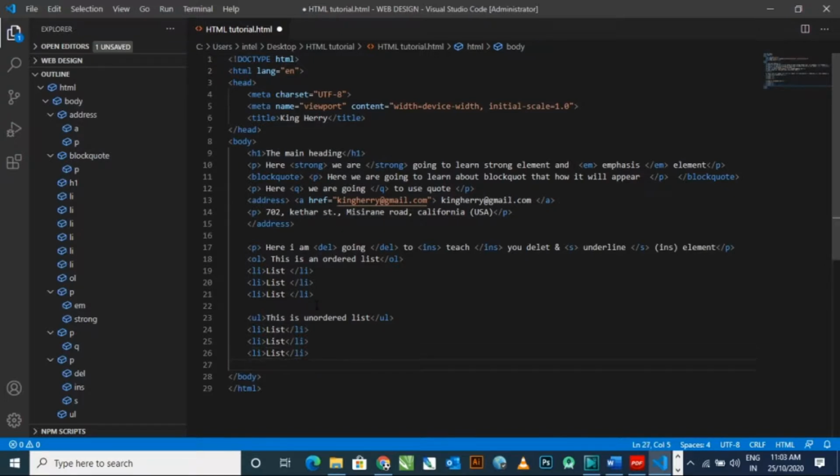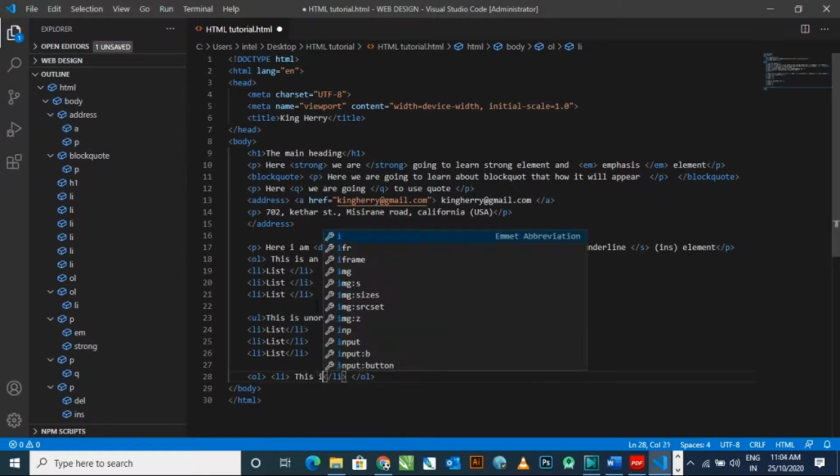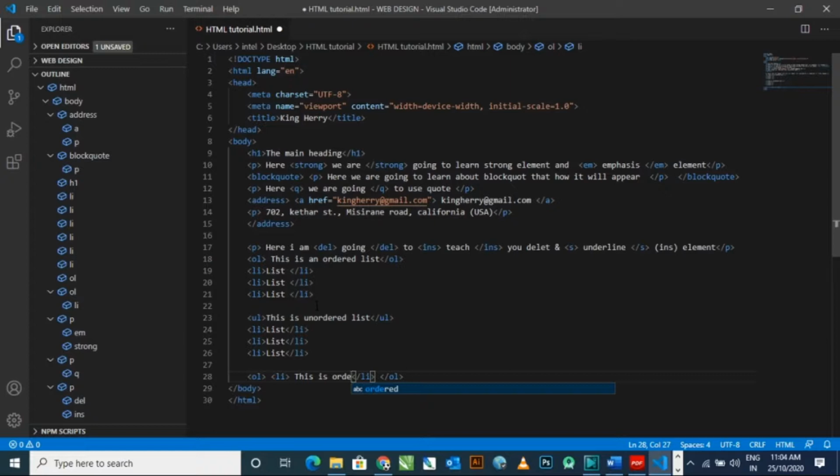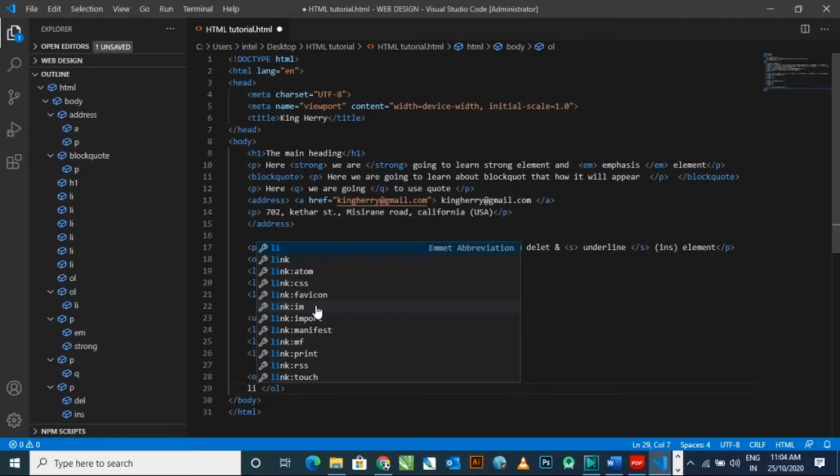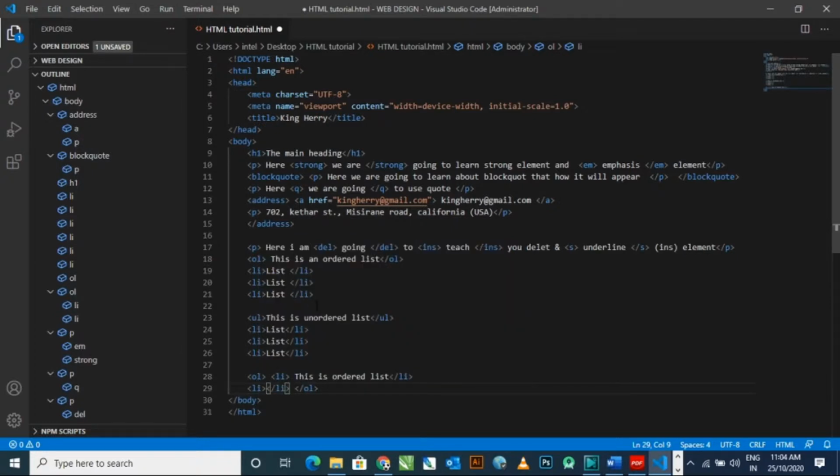Now I am typing the correct path: ordered list OL. In this I am typing li, meaning list item. Now I can put any word or sentence which you want to present as listed items. In an ordered list it is 1 2 3 4 like that, a numerical order, which we call an ordered list.